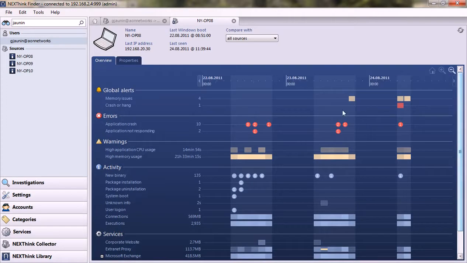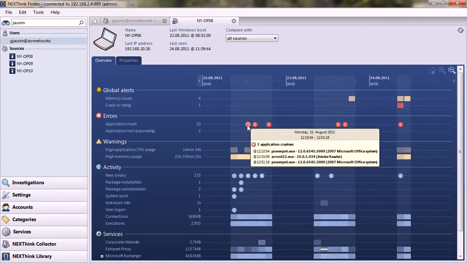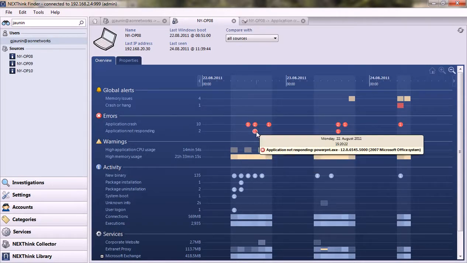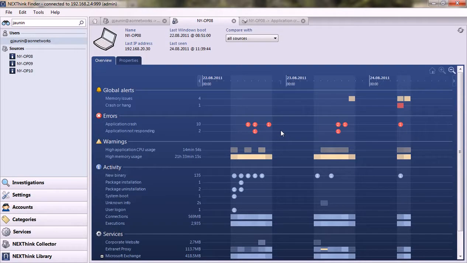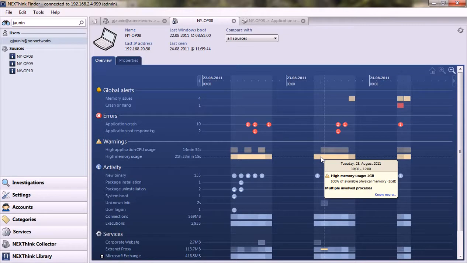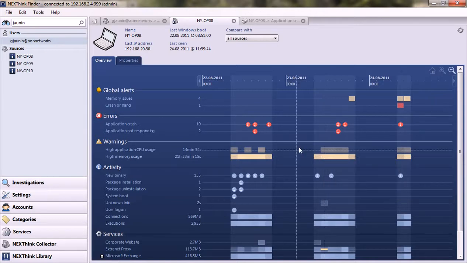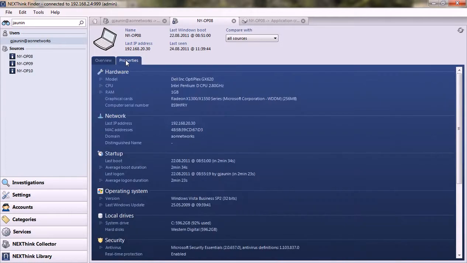We see that this desktop has been experiencing repeated application crashes, particularly with PowerPoint and Acrobat Reader, as well as freezing applications, again PowerPoint in this instance. So here we can see that at the same time, this desktop is consuming a lot of memory. We notice that this person only has 1 GB of memory, and that 100% of the memory is used by multiple processes. If now we go to the properties table, we have all the information hardware and operating services on